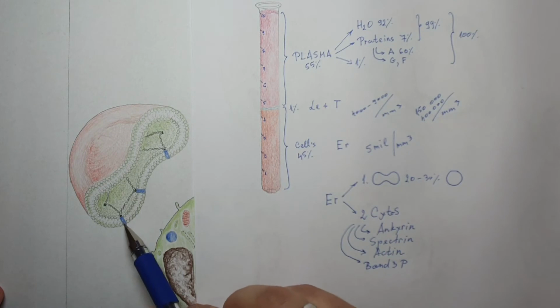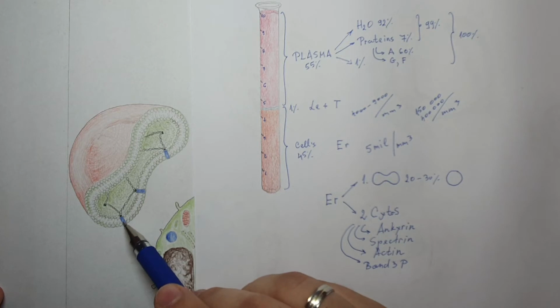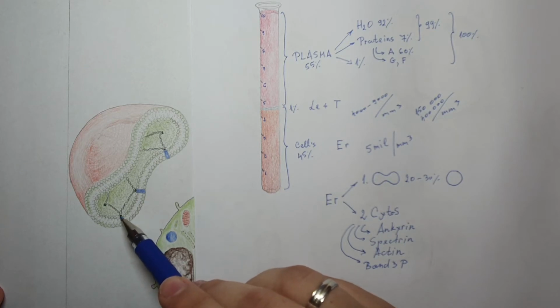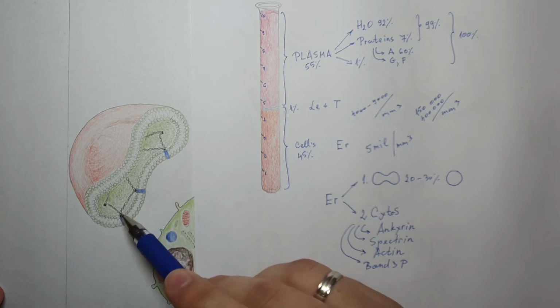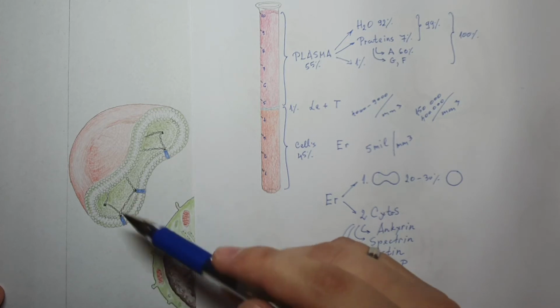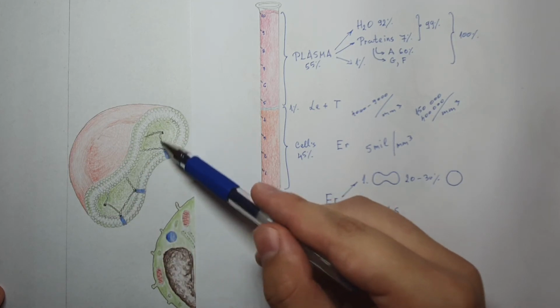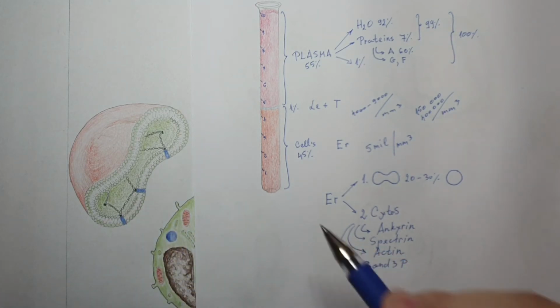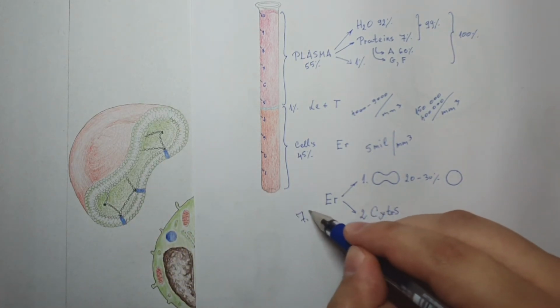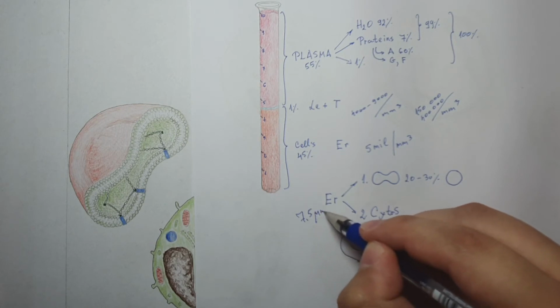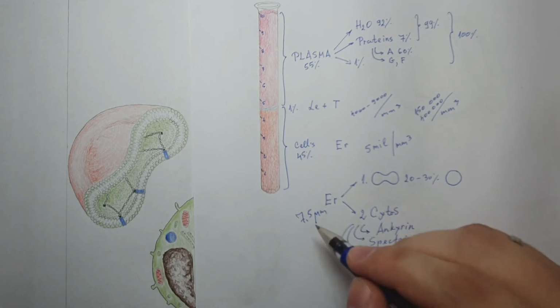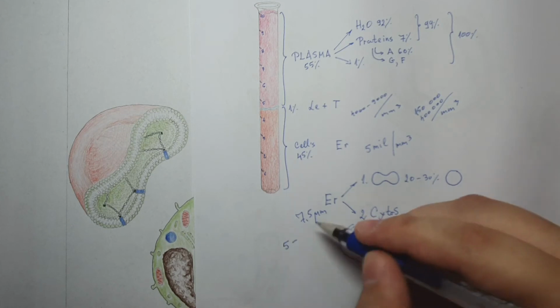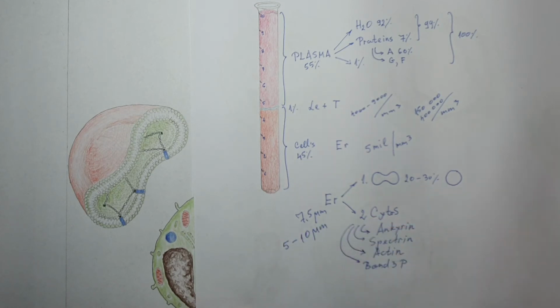Band 3 proteins are proteins that are in the membrane of the erythrocyte. They are transmembrane proteins. On the inside are ankyrin proteins enabling the binding to actin and spectrin proteins. And together they make this cytoskeleton or skeletal web inside the cytoplasm. The erythrocyte has a diameter of 7.5 micrometers, and the smallest capillaries have a diameter of 5 to 10 micrometers. This gives